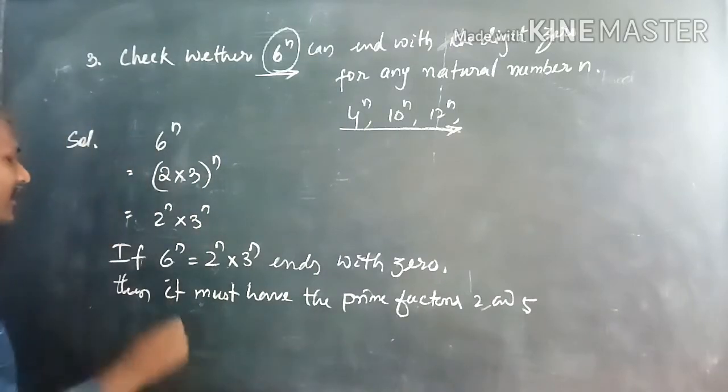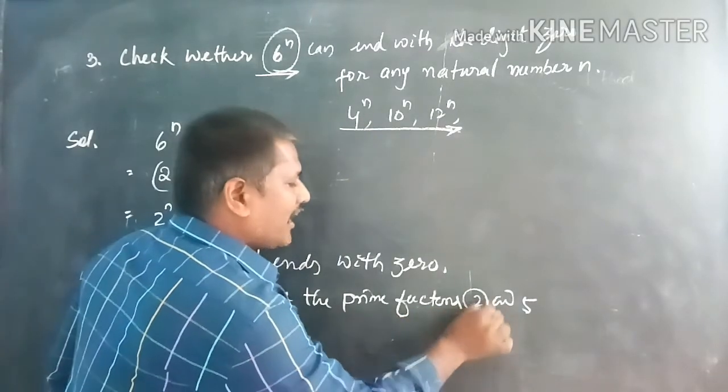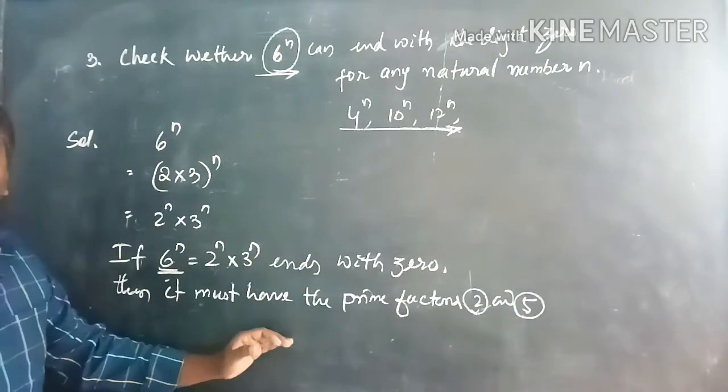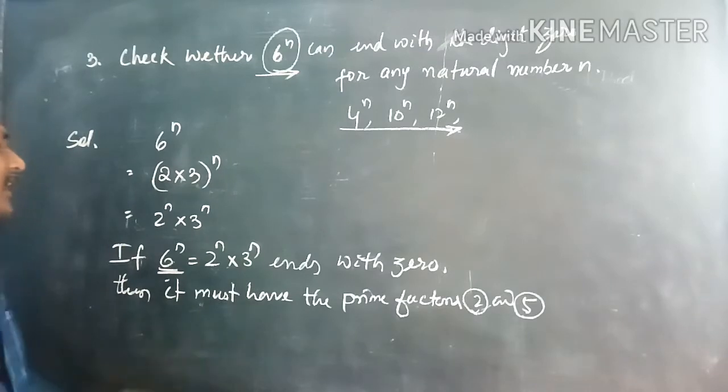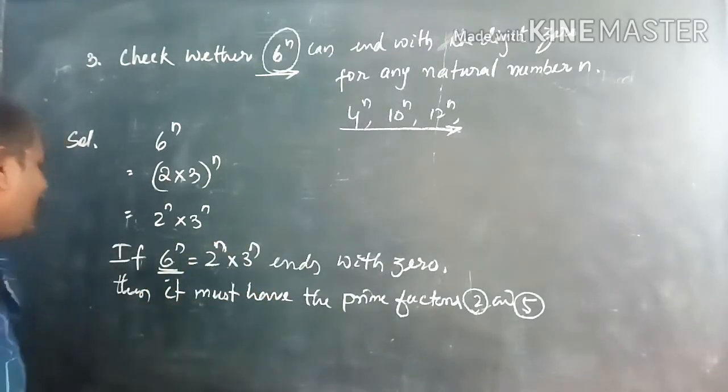So if the given number has the prime factors 2 and 5, then only it can end with the digit 0, for any natural number n. Otherwise, it never ends with 0, since